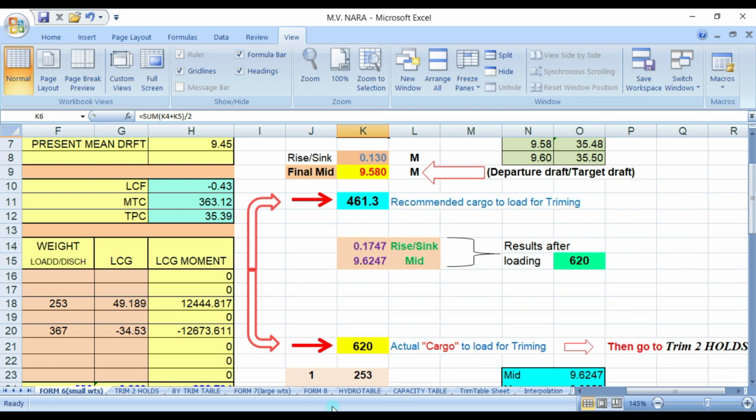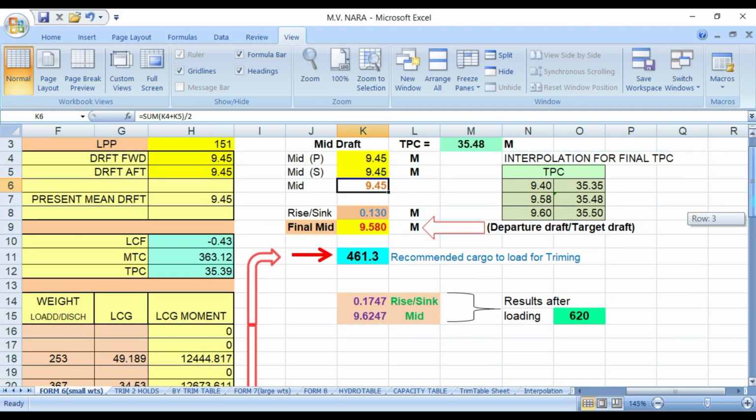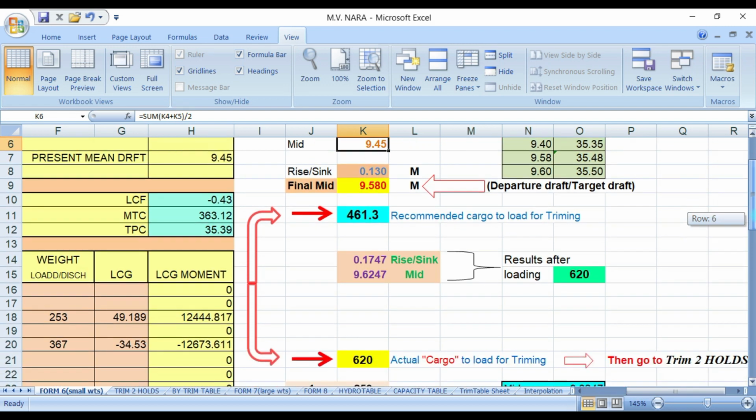So what happens if you load 461? And your mid drop will be almost the same, 9.58 and 9.59, and your sinkage is almost the same.